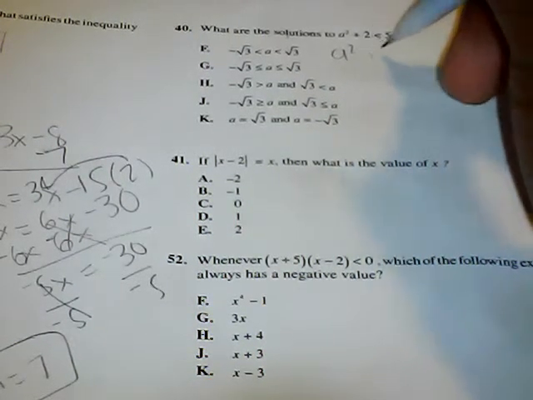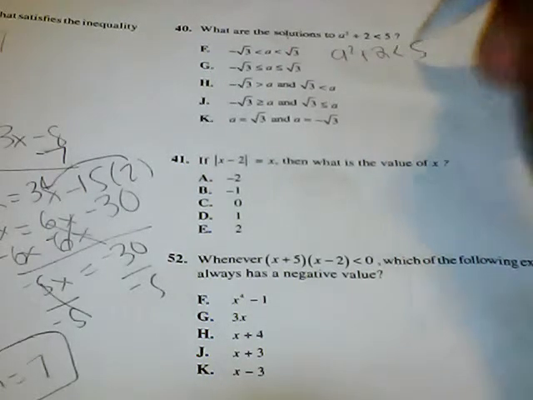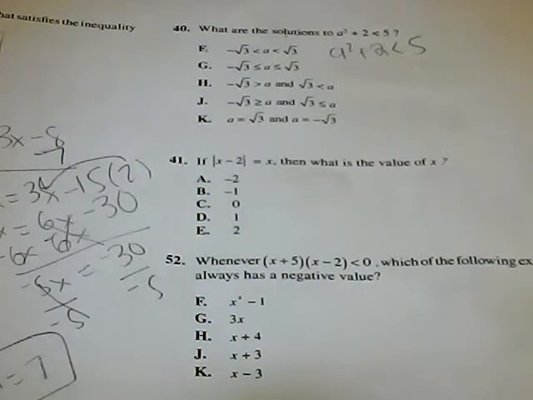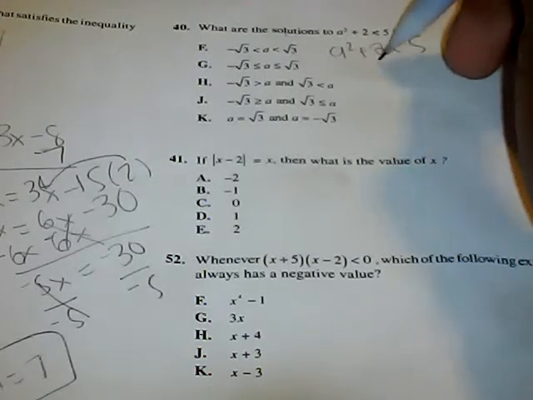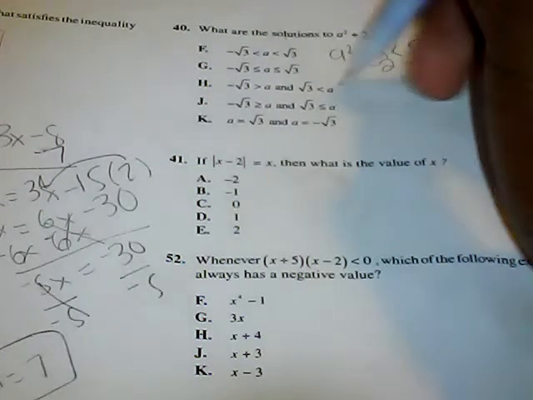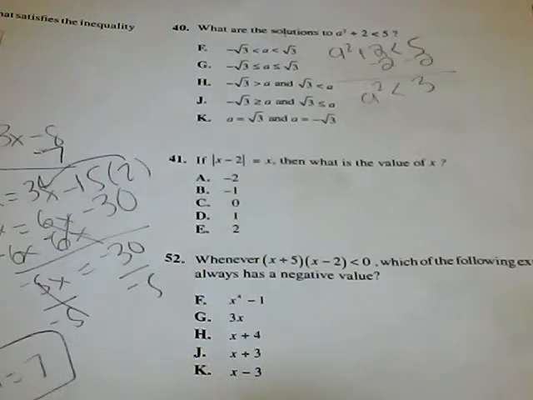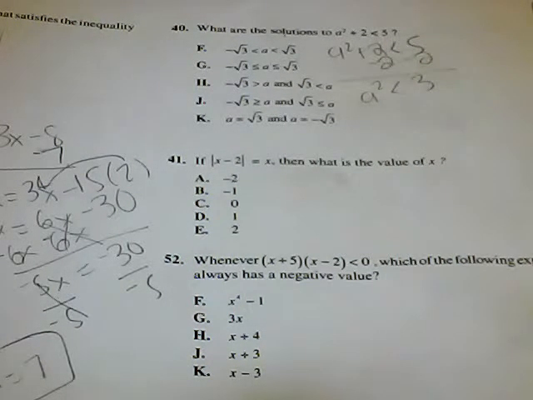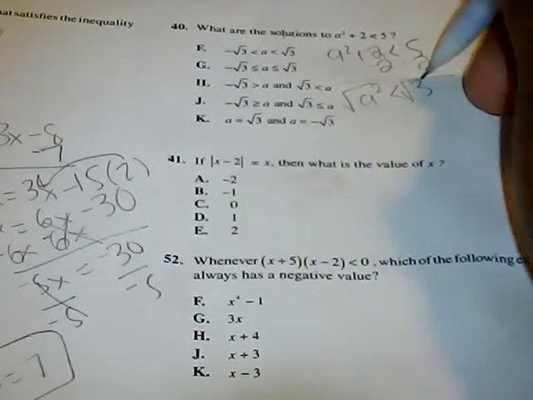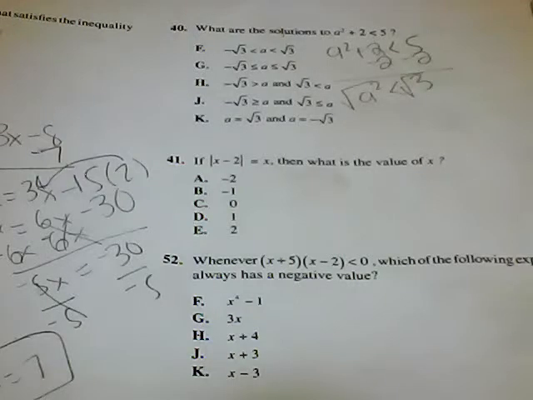So let's simplify this. A squared plus 2 is less than 5. We have to isolate the a squared, or just the a. So we're going to subtract 2 from both sides, and we're left with a squared is less than 3. Now, we have to do the opposite operation of the a squared. The opposite of an exponent is going to be the square root. So we're going to square root both sides, and we're going to be left with a